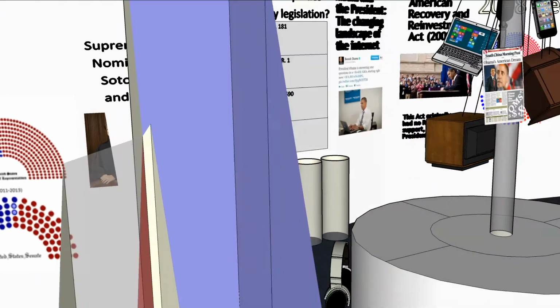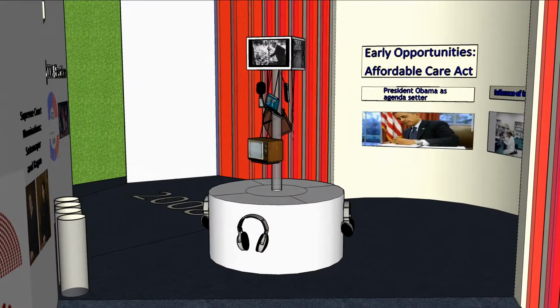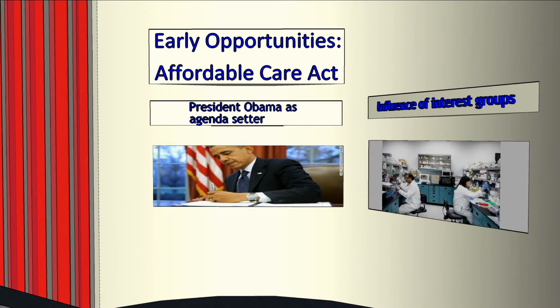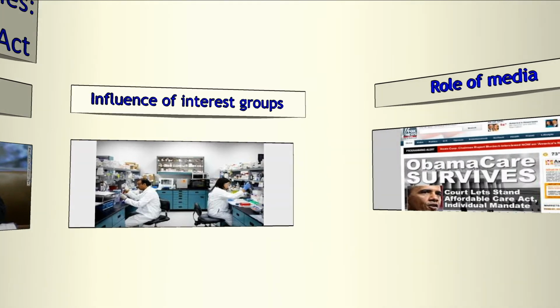with his constituents. On the other wall, there will be an alcove highlighting the theme of early opportunities, which will use the Affordable Care Act to discuss the role of the president as an agenda setter in greater detail. Obama's call to bipartisanship will be discussed, along with the fact that the bill ultimately passed without a single Republican vote. The role of the media in influencing public support, or lack thereof, is also an important part of the